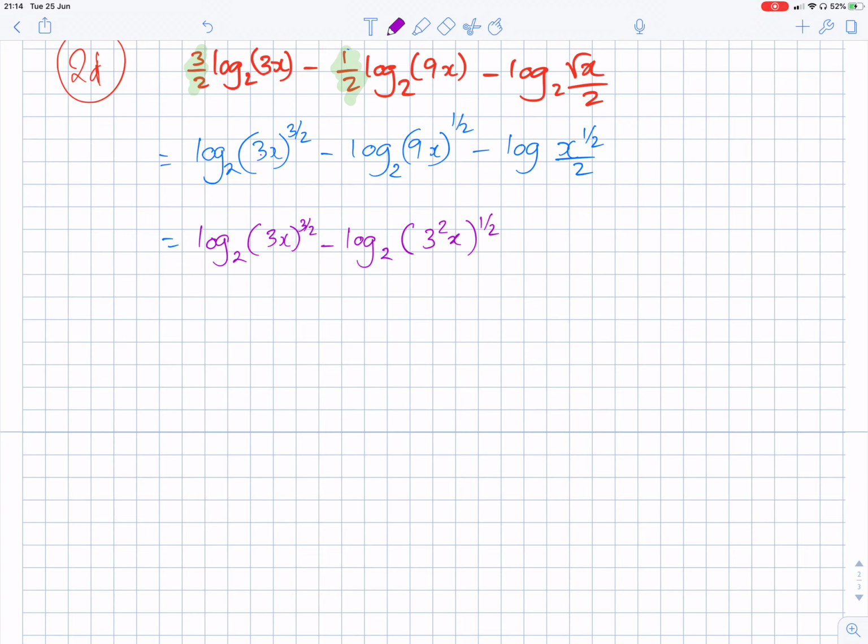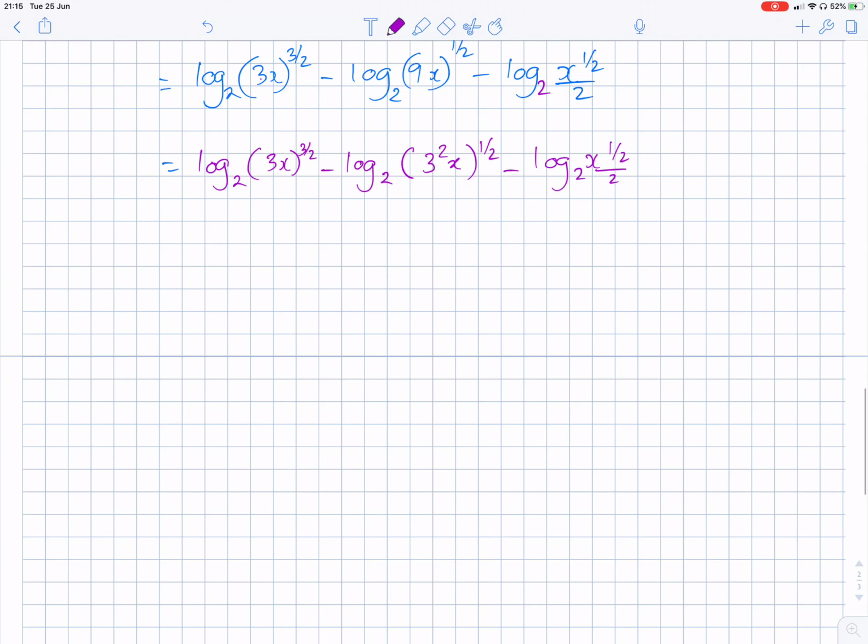minus log x to the power half. This is base 2, by the way, base 2 over 2. Right, so let's simplify this one. So log 3 to the power 3 over 2, x to the power 3 over 2 as well, base 2 minus log